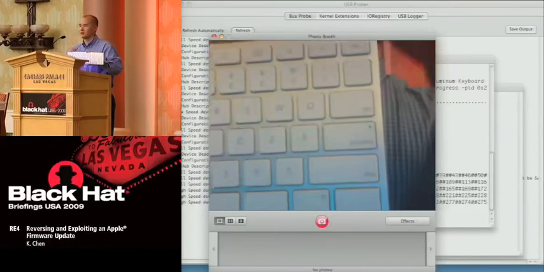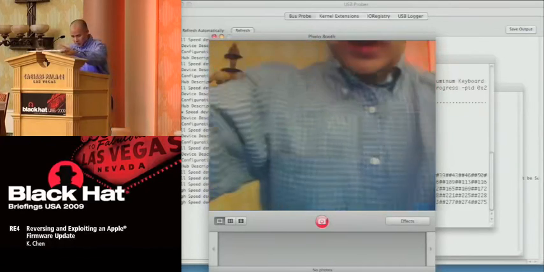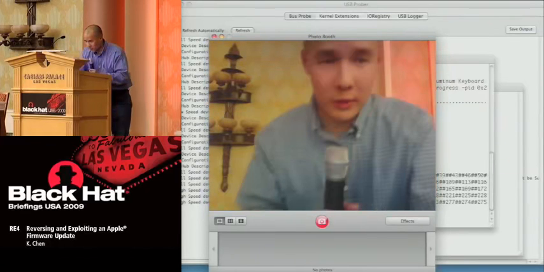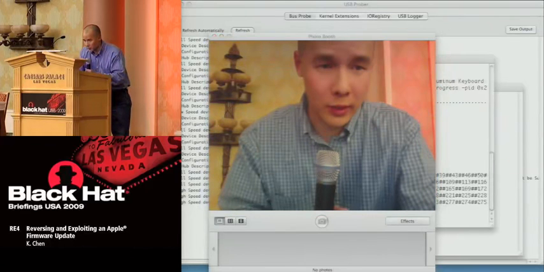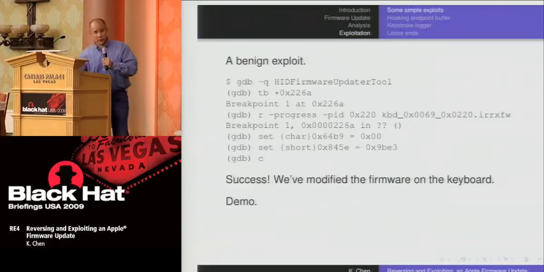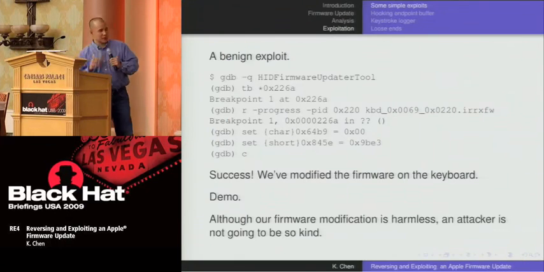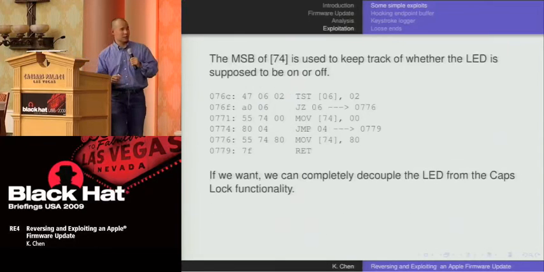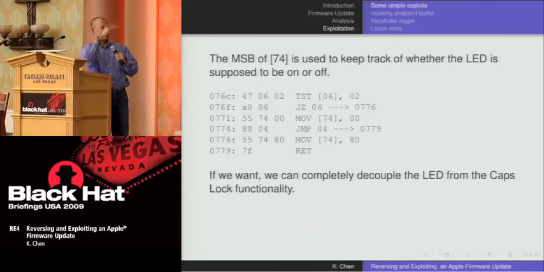You ever see that? The LED went on. All right, so we're able to completely control the LED. The thing is, that's very benign. That's nothing. If you're interested in controlling the LED, the most significant bit of that memory